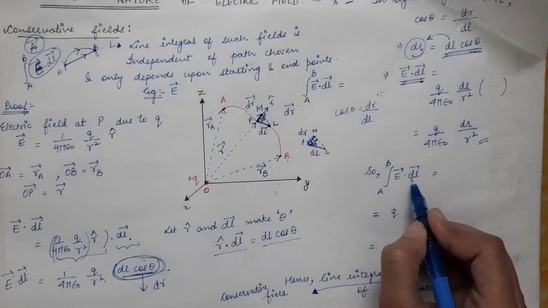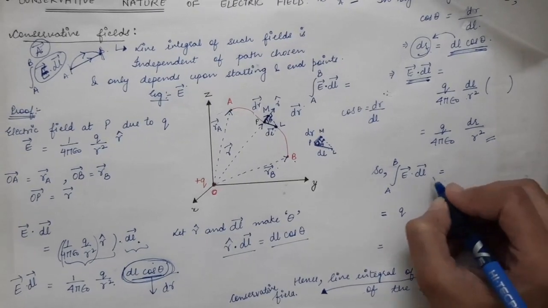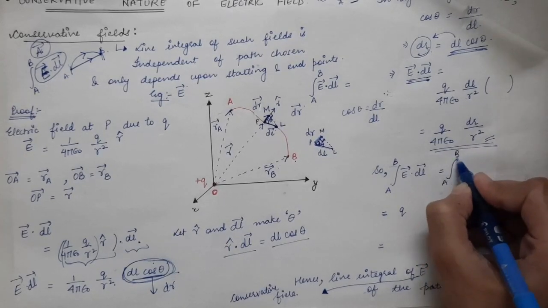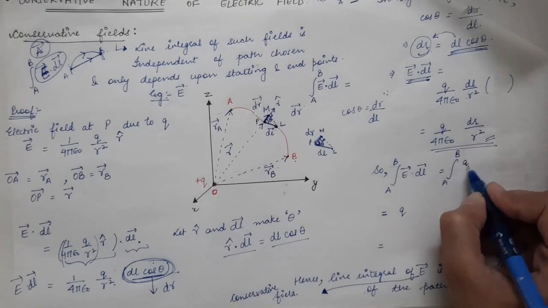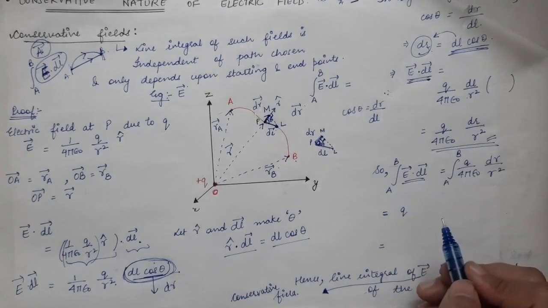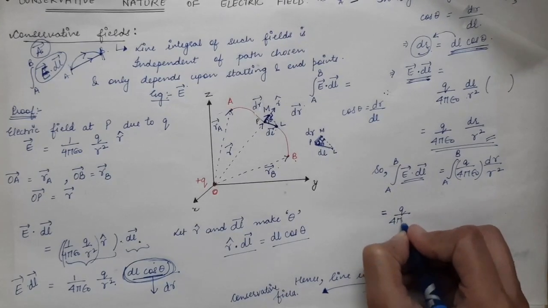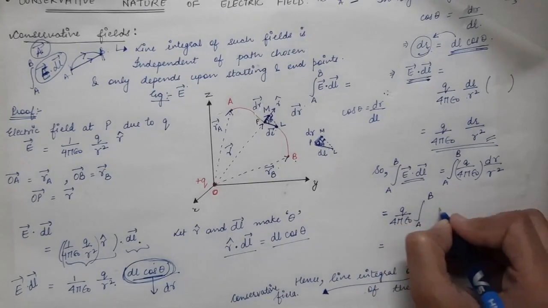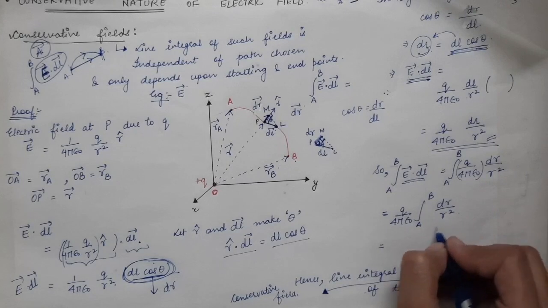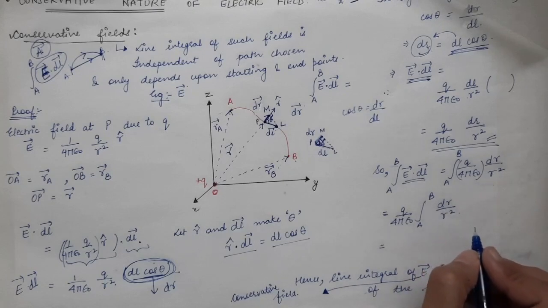So now we are going to find E vector dot dl vector and its integration from A to B point. First we will put the expression of E vector dot dl vector. So we will get integration from A to B, and E dot dl vector is q by 4 pi epsilon naught dr divided by r square. Now q by 4 pi epsilon naught can be taken outside the integration, with integration from A to B, dr divided by r square. Since r is a variable, r square cannot be taken outside the integral. So inside the integral you will have dr divided by r square.